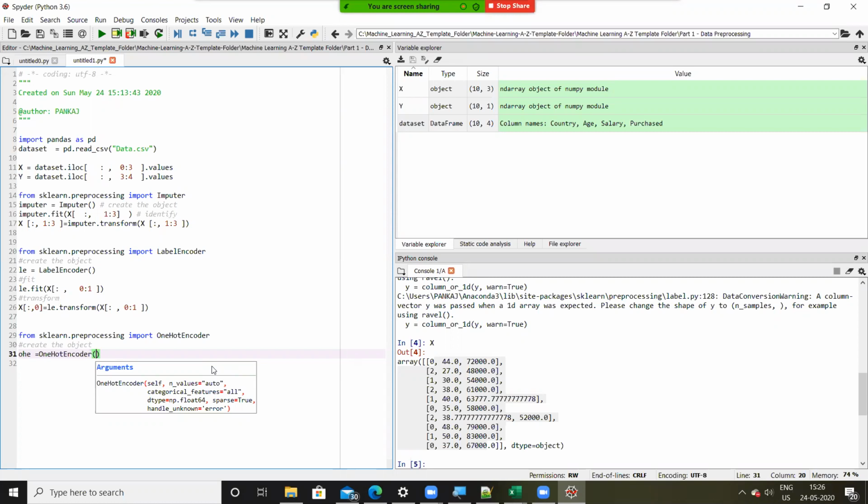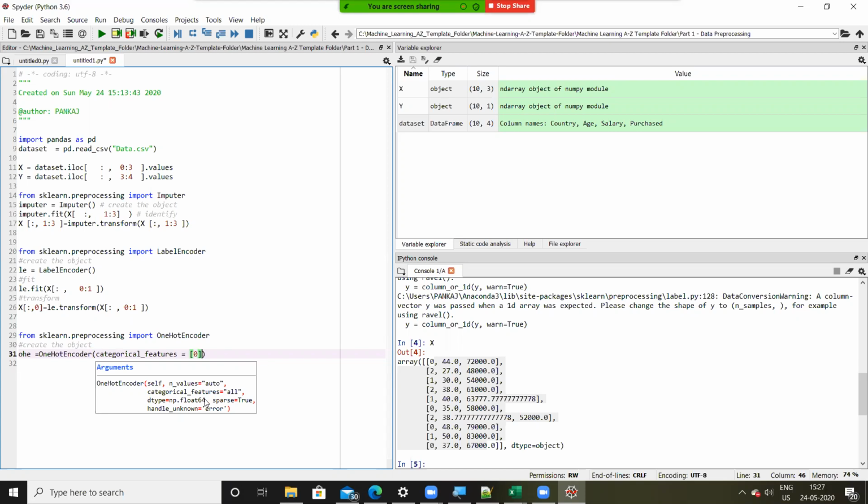We mention it only in the fit statement in case of imputer and label encoder. But in case of one-hot encoder, we need to inform that in advance, and for that we need to override categorical_features, and we'll say we need to apply it for column index 0.